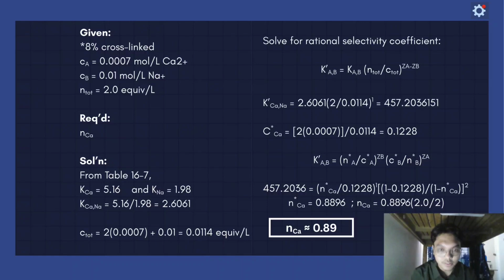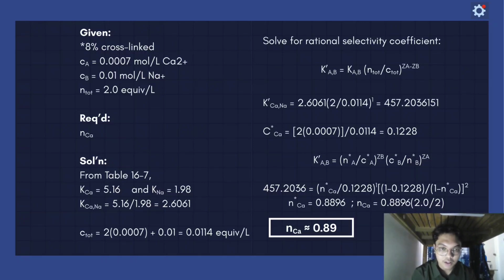As you can see on the screen, 457.2036, the rational selectivity coefficient, is equal to the moles of the calcium over 0.1228 raised to 1 times 1 minus 0.1228 over 1 minus the moles of calcium raised to 2, and that result will be